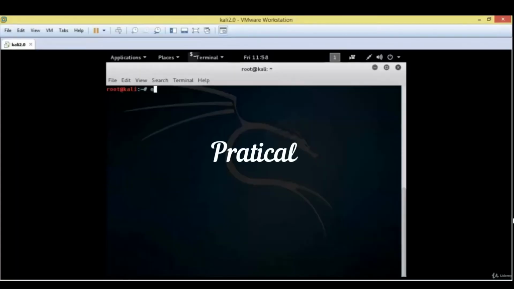Hello and welcome to the practical part of dictionary attack. As you know, I am using Kali Linux version 2 installed in VMware Workstation, and I have Windows 8.1 installed on my physical machine. Both are different operating systems and each of them has a different wireless adapter. Remember, you are only able to hack any Wi-Fi if it is connected with at least one device. I mean, it is not possible to hack a Wi-Fi if it is not connected to any device.